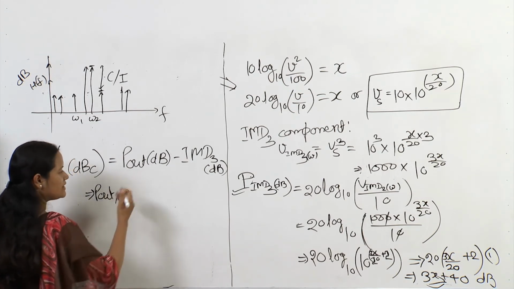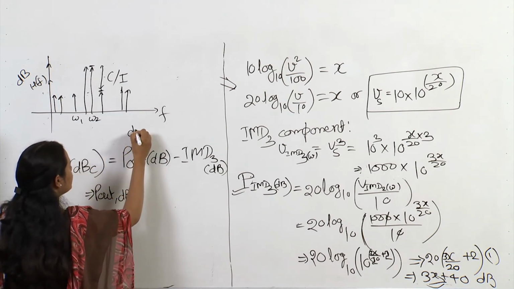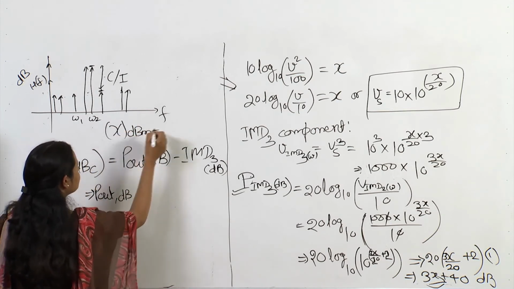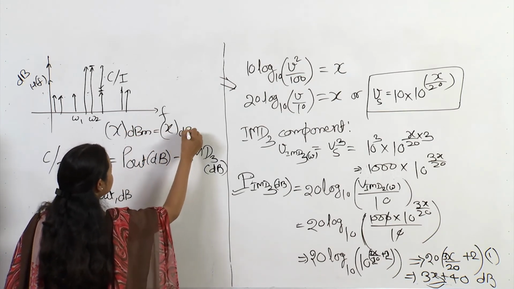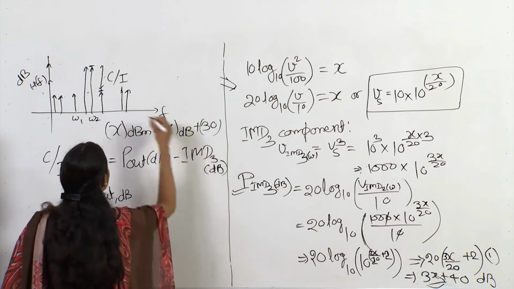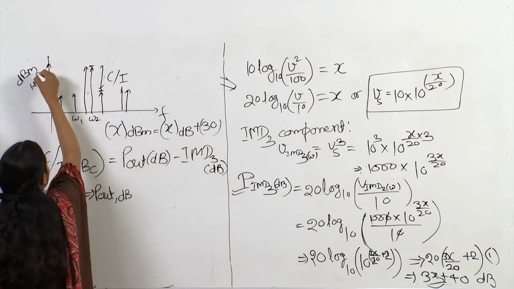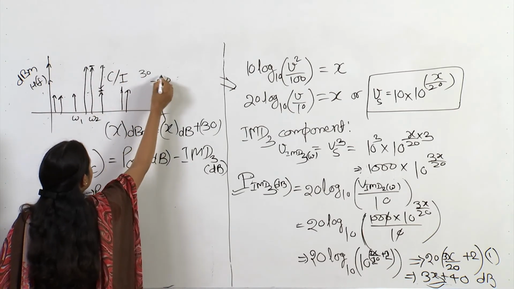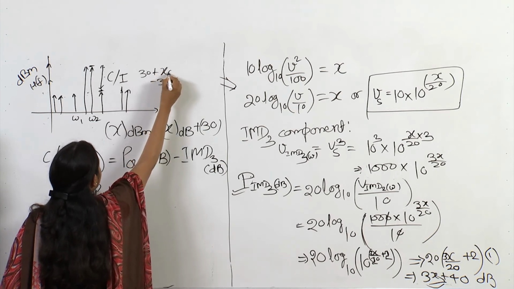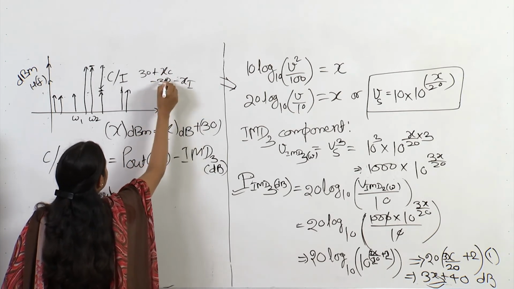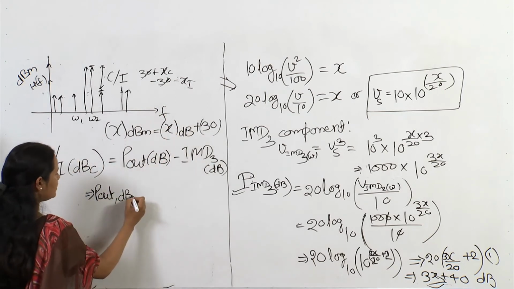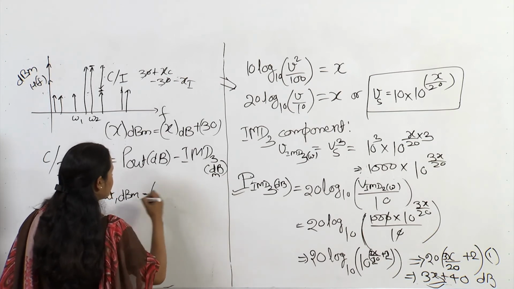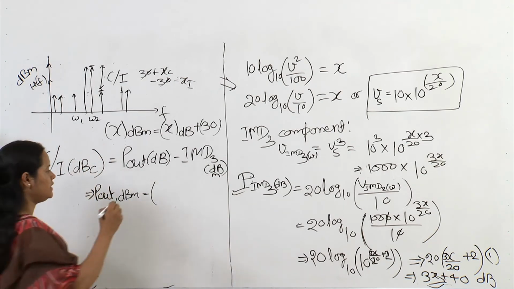It can be dB or dBm, as I told earlier that dBm is nothing but x dB plus 30. So, this addition term can be dBm or dB, because it is a difference between these two parts, the 30 portion will be cancelled, x carrier minus x I, so it does not matter. So, P out in dBm minus IMD3 in dBm, let us say. IMD3 in dBm we have seen is 3 times